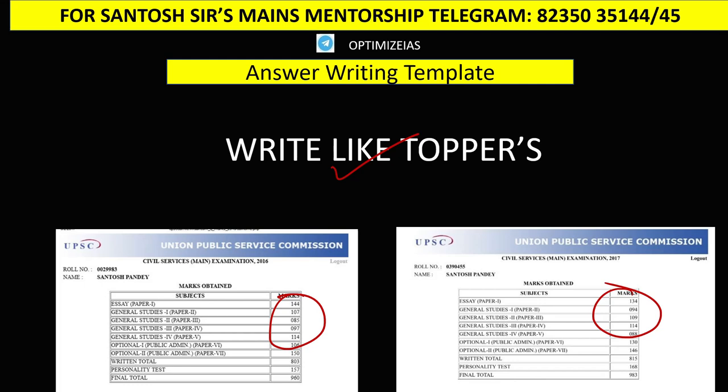Guys, the biggest challenge in the UPSC mains examination is to complete the paper because the time allotted to write the 20 questions is very less. Therefore, if you develop some answer writing templates on repeated themes which are repeated in the UPSC mains examination every year, then you can have an edge over other aspirants. Further, if you develop some flow diagrams, that will give an extra edge to your answers.